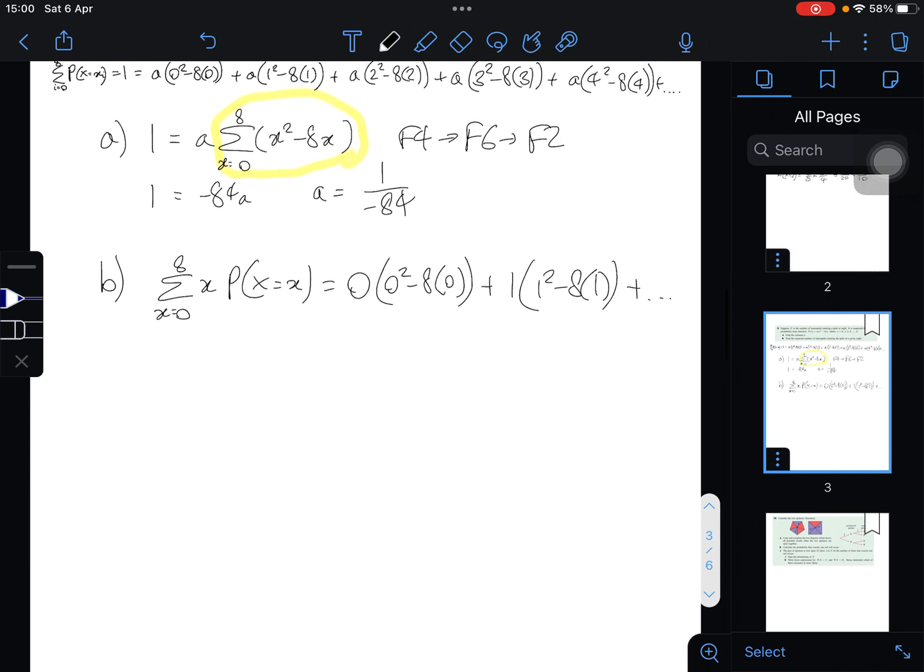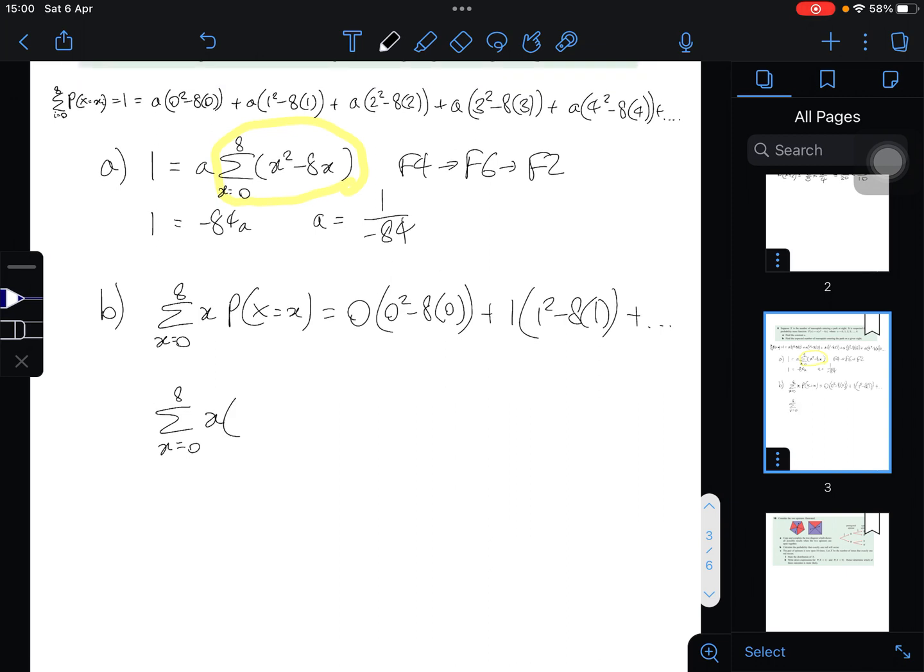Or again, we can just plug this into our calculator, because what is p of x? P of x in our case is going to be x squared minus 8x. And so therefore what we plug into our calculator is the sum from x equals 0 to 8 of x cubed minus 8x squared. And so that's all I'm going to do. I'm even going to go up to my previous sum and just change my numbers there slightly to power of 2 for that one and power of 3 for that one. And I get,